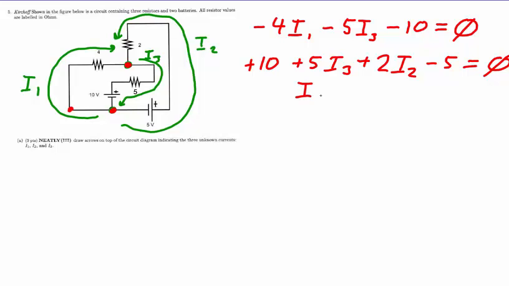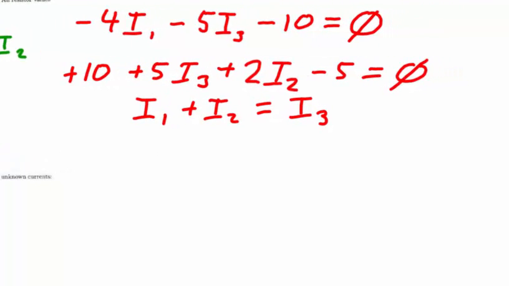I see that I1 is going into it based upon the green arrow. I2 is also going into this junction based upon its green arrow. However, I3 is leaving, and the junction rule is the sum of all current entering equals the sum of all current leaving. Once again, we're going to solve this problem by invoking Cramer's rule, and to do that we begin